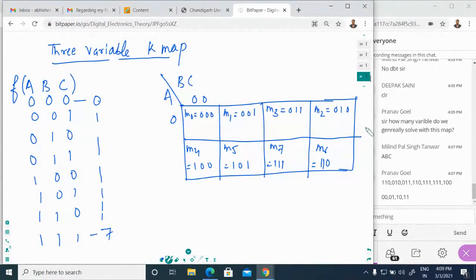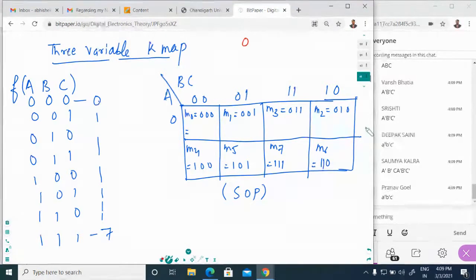Okay, and how you can represent it? So this is 0, 1 and 1, 1, and this one is 1, 0. Let's suppose that this is sum of the product. We will perform the product first. So what is the value right here? We have seen if you want to represent 0, that can be represented by A bar, and if you want to represent 1, that can be represented by A. So these are the three values right here.